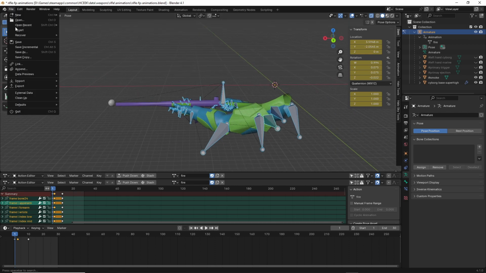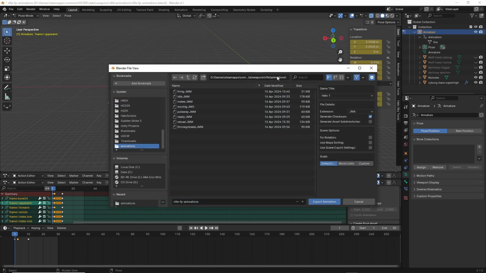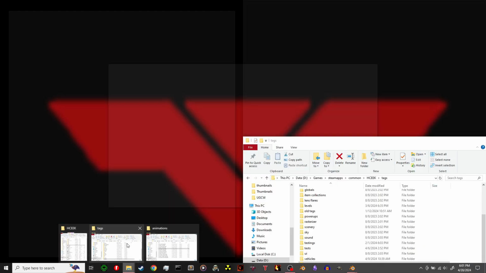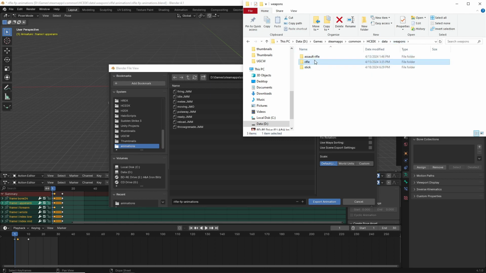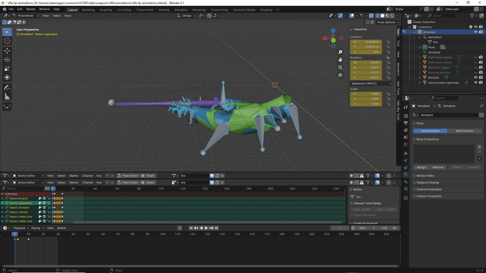animation, then you would just do File, Export, JMA. Make sure you're exporting to the animations folder for your rifle. It should be in the same directory as your models and physics folders right here: bitmaps, models, physics, animations, all that. Then you name it firing. Select the correct extension right here. Scale, default, JMA, and then you just export that, wait for it to be done, and then you go